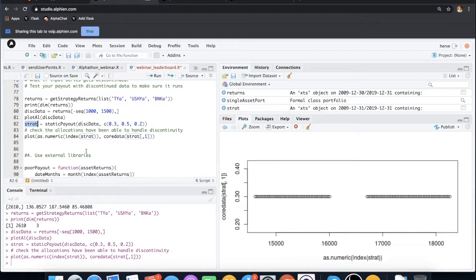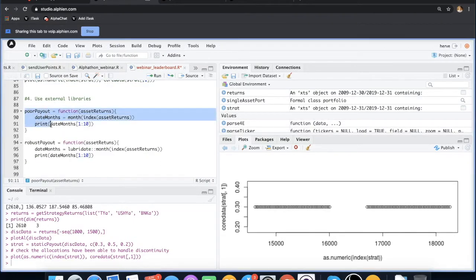the result of strat, and I'm just doing a point plot to show that my payout was correctly able to generate points when the input was here, and then it stopped because there was no input, but still it resumed as soon as the input came back in. So that's a very general behavior that we want for your payout, to be able to handle such cases, so that in the future, if there is any discontinuity on your strategy, the payout doesn't break down, but is able to continue generating payout signals.